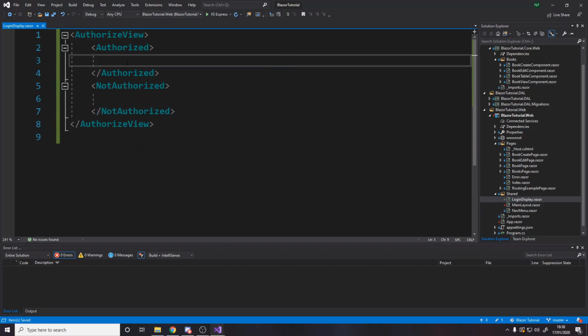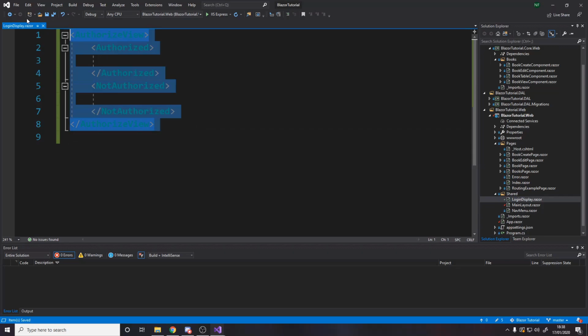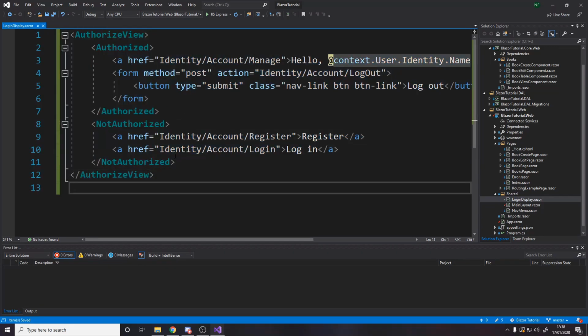But anyway, we want to show different things on the login display based on whether you are logged in or not logged in, okay? Now, I'm actually just going to copy and paste what they have in the template. This is the actual template you get if you selected that in creation. So what it does is, it says if authorized, have an A, which is a link, that when you click on it, you go to this URL, you go to localhost